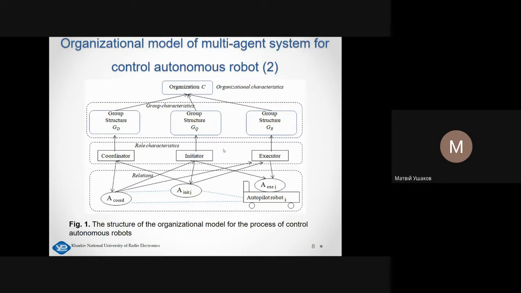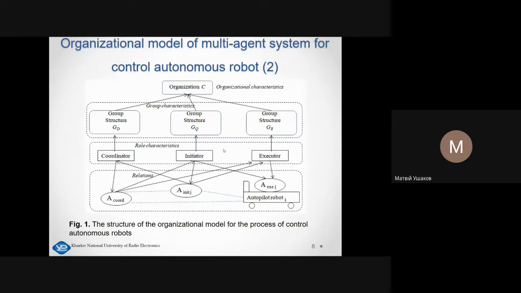A set of a fixed number of agents that determines the composition of the group. System structure describing the relationship between group members and their interactions. States of agents, including functions and scope of work performed by agents, as well as sets of allowed states. Awareness of agents, information from